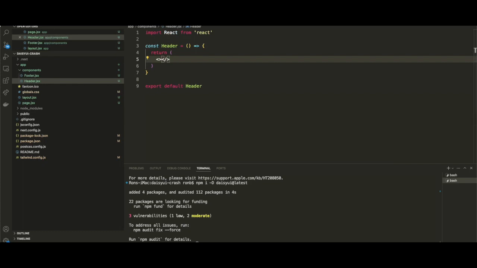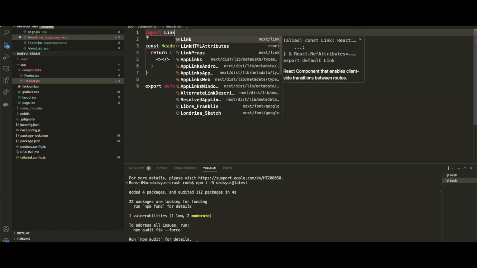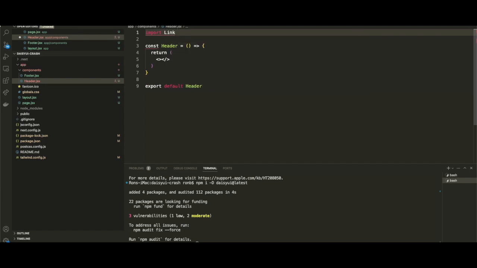So now there's a few things in here that we want to do. What we want to do is add pretty much all the markup that needs to be added here so that it displays on the page. Let's go ahead and do that. I think the very first thing we want to do here is get rid of this React statement above because we actually don't need that here. We're not going to be using that React class at all. So the very first thing we're going to do is bring in a built-in component from Next.js called Link. So import Link from